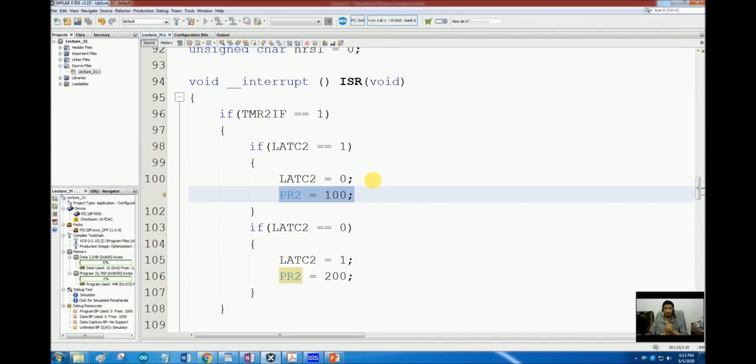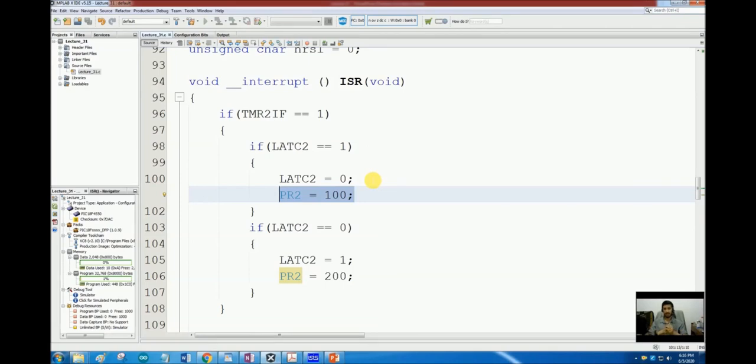So remember, the PWM we discuss in pulse width modulation, we are only modulating the width of the pulse, the width of the on cycle, not the frequency. The frequency remains same. The width of the on cycle is changed to change what? The effective RMS value of that waveform. And by that we can change the speed of a motor, we can change the intensity of a bulb, we can do a lot of things.